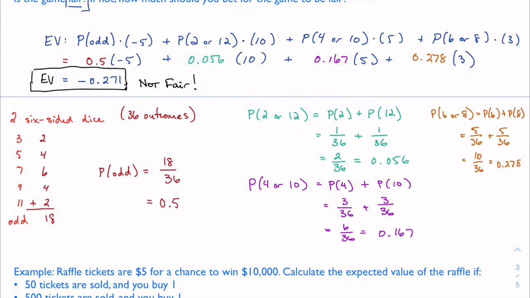The odds of them actually winning and coming out with more money than they put down is slim. The only way they come out with more money than they put down is if they roll a 2 or a 12. Now, right? Because if they roll a 4 or a 10, they win $5. Well, they paid $5, so they're breaking even. They're just getting their money back. And if they roll a 6 or an 8, they get back less money than they paid to play. So they're kind of softening the blow, but they're not really winning anything per se.